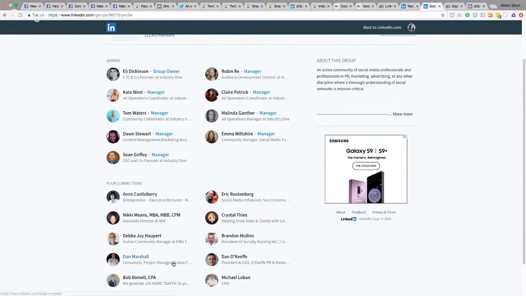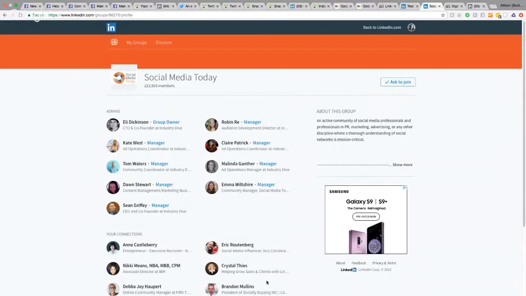These are only the people I'm connected with who are also members of this group. I can view some details about the group, but that's it. I cannot view any of the posts. So if you're worried about people viewing your posts, then you don't really have to make it an unlisted group. They're going to see the posts only if they're part of the group.